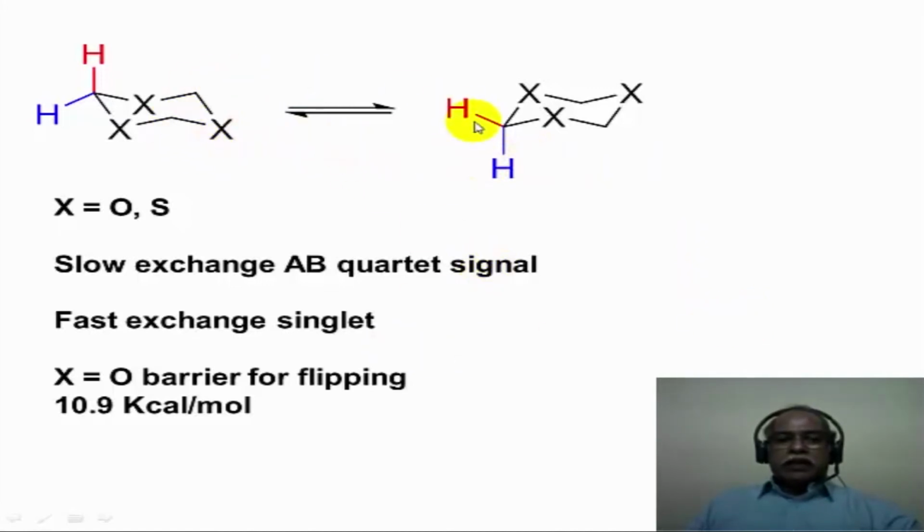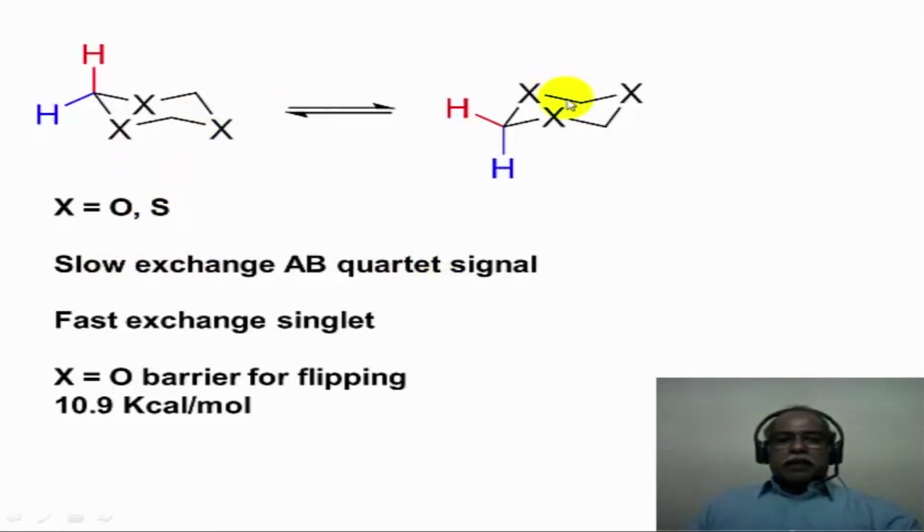Now, under the conditions of very slow exchange between these two molecules, the NMR spectrum is going to be seen as a single spectrum of this particular molecule. The axial and the equatorial hydrogens are attached geminal to this particular carbon. So they are going to be diastereotopic in nature. So they would couple with each other. So this coupling corresponds to an AB quartet kind of a signal in the NMR spectrum of such a molecule. In fact, this axial hydrogen is the same as the axial hydrogen over here and the axial hydrogen over here. The molecule has a C3 axis of symmetry, so it doesn't matter which one of the methylene groups you take for analysis. Essentially, you will get an AB pattern at low temperature.